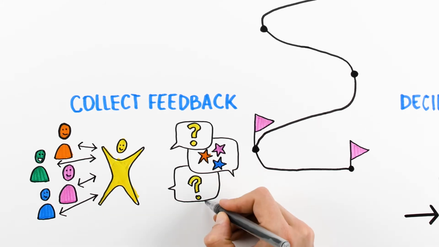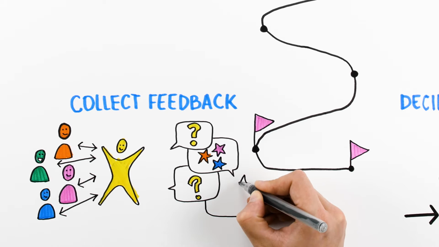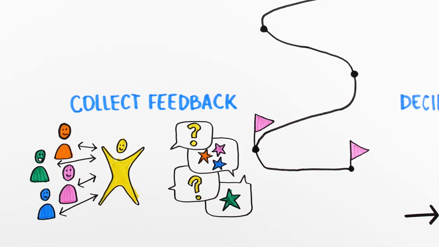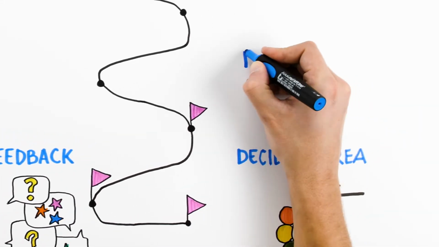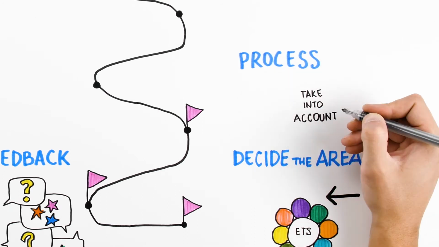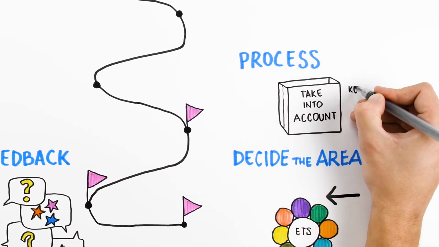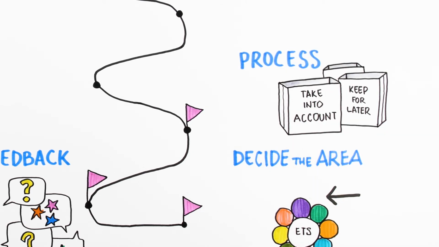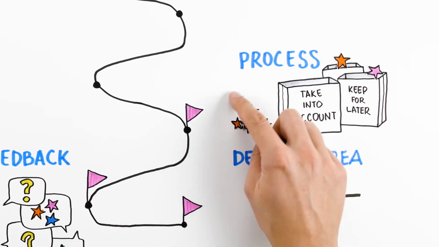We should be curious about what we hear, ask for examples and try to clarify the message. This would make a difference between hearing feedback and hearing an opinion about ourselves. Once we have collected the feedback from a certain number of people, the key is that we allow ourselves enough time to process it. It is essential to remind ourselves that no feedback carries the absolute truth. It is us who decide what we will do with the feedback and which parts to take into account.